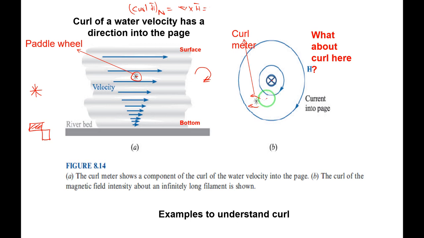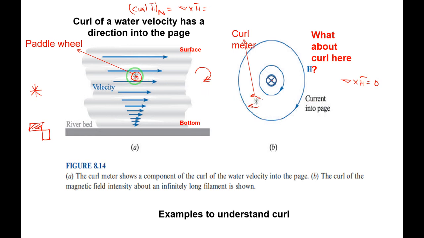Just observe here why I am telling. See here, the magnetic field intensity experienced by these many blades. Let me consider this is near to this, this is near to this blade. Most of the blades are experiencing the weak magnetic field here. But here, only few blades are experiencing the strong magnetic field. The net curl is zero. The curl of H is zero. It will not at all rotate in this case.